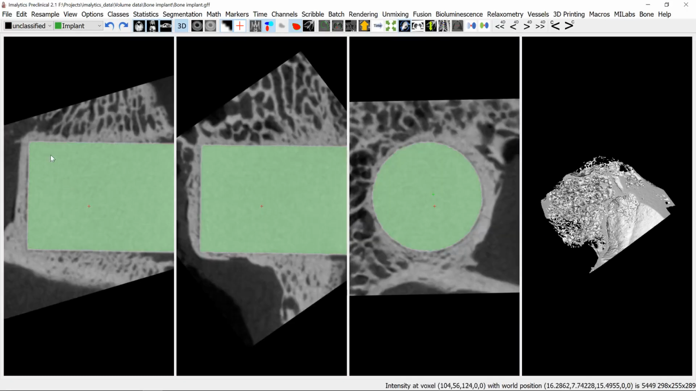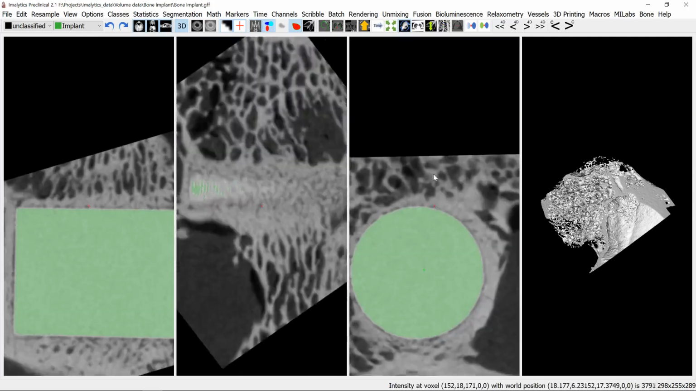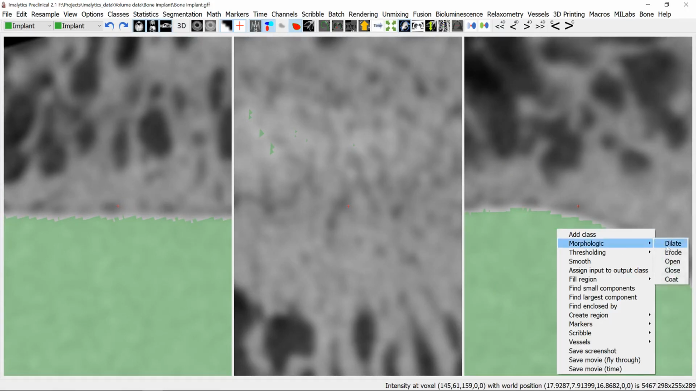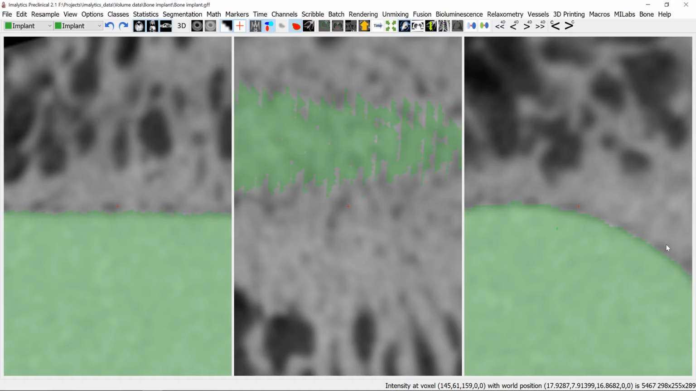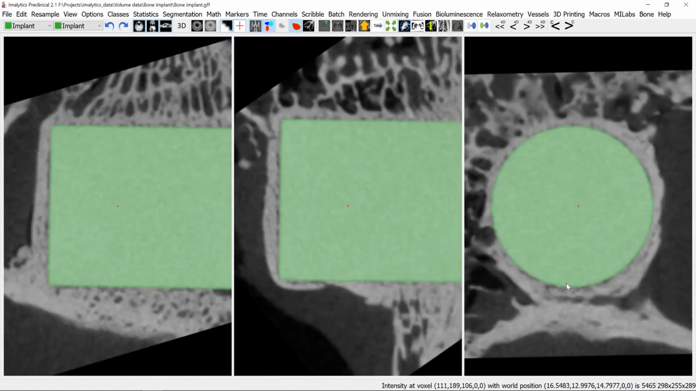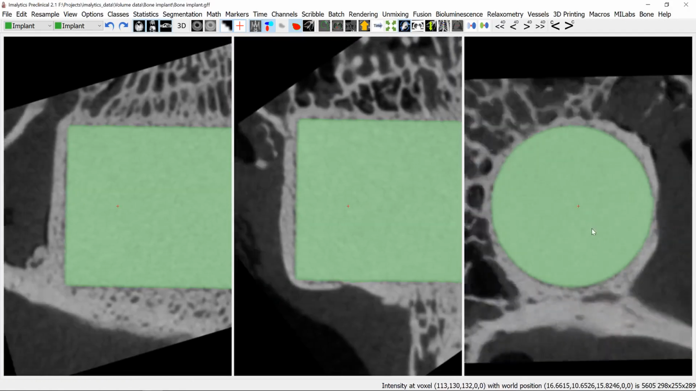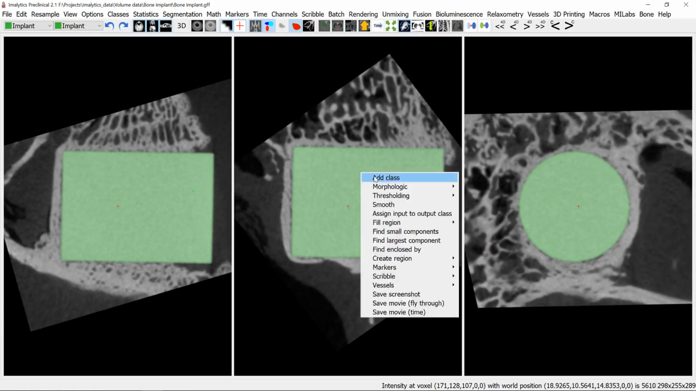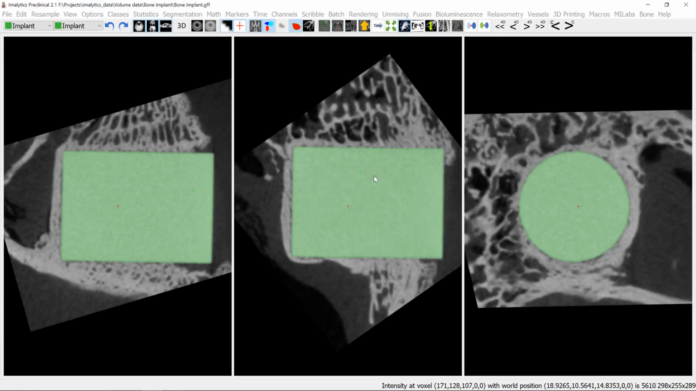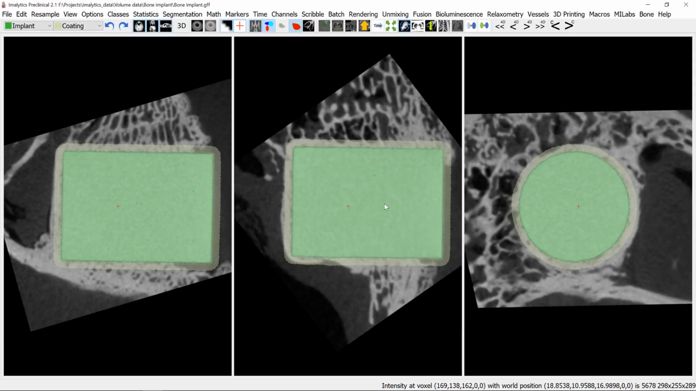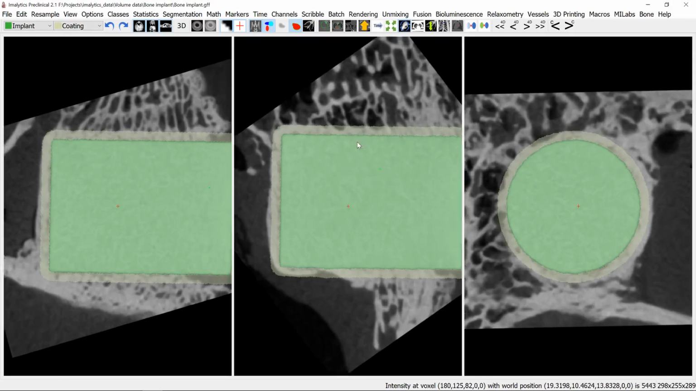In the micro-CT scan you can see that at the edges we may not have fully covered the implant here, so let's apply a morphologic dilation of around 2, just to go beyond that border a bit, to not make a false measurement. So what we need now is a coating region around the implant. So let's add a class coating and apply a morphologic coat operation with a coating distance of 10, for example. And as you can see here, we have this coating,